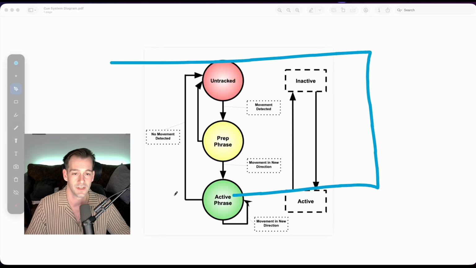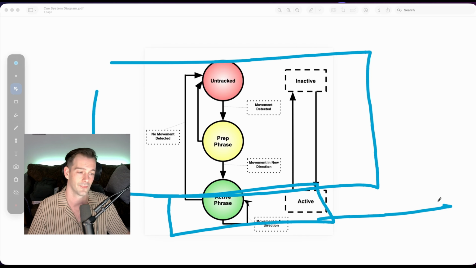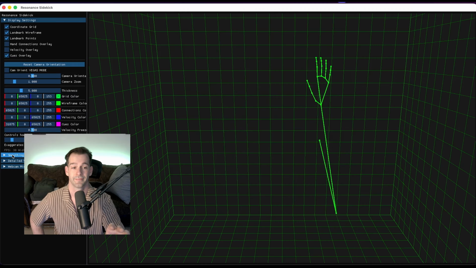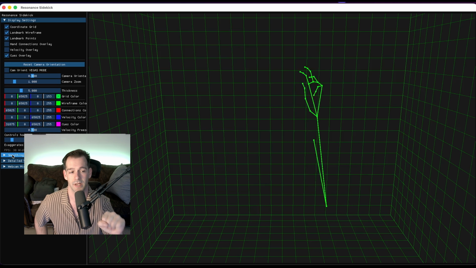Most of the time it's not going to be doing anything to the software, but when it's really apparent that we're trying to do something to the software, then we're going to send out this active flag. Let's go. All right, so I've got Resonant Sidekick pulled back up here,